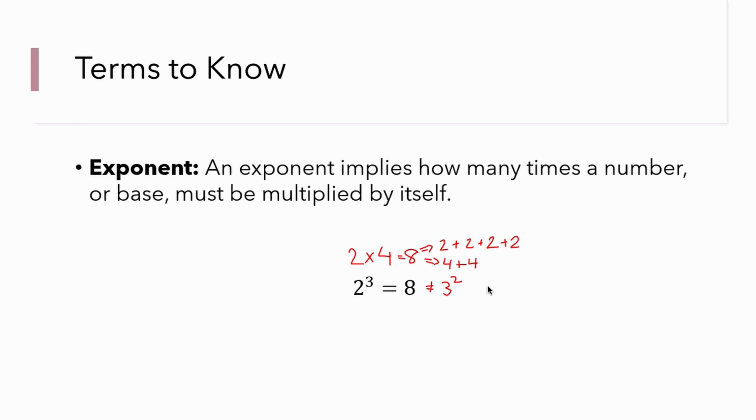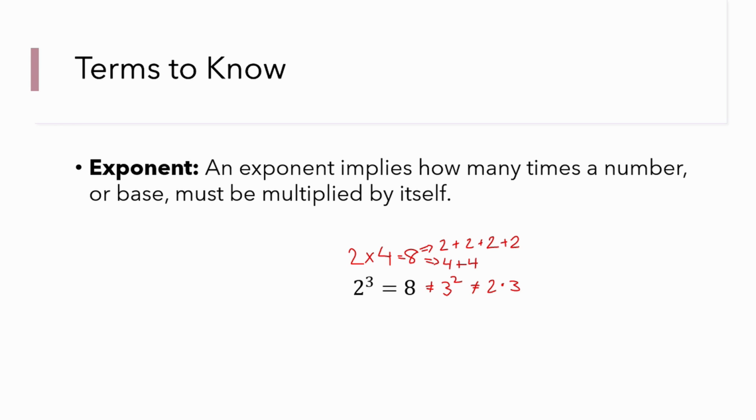Another common misconception, or rather a silly mistake, is that in a hurry, you might think of 2 to the power of 3 as 2 times 3, but that is not true. 2 to the power of 3 is not equal to 2 times 3, and you can see here that 2 times 3 is not equal to 8, it's equal to 6.